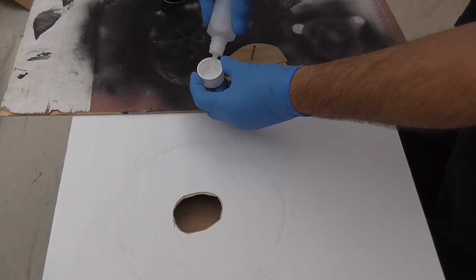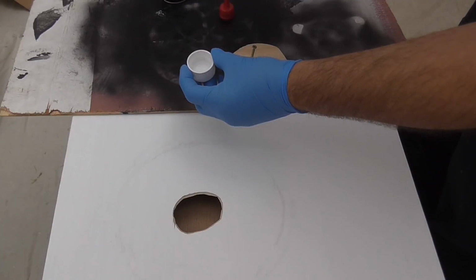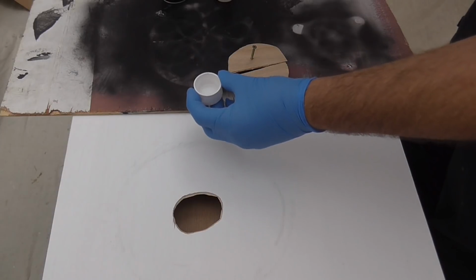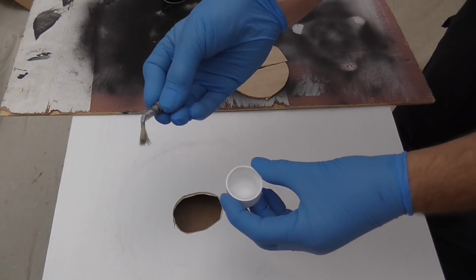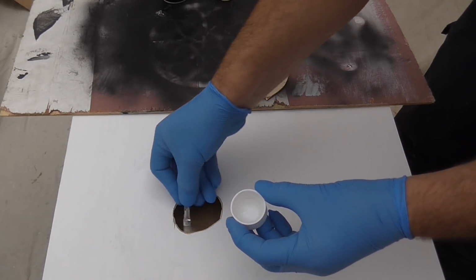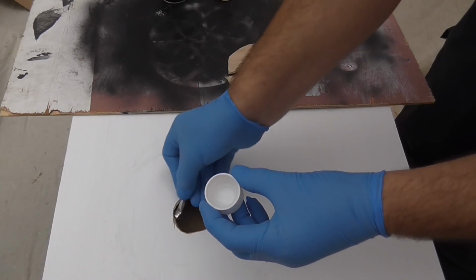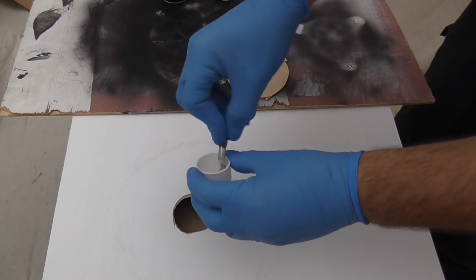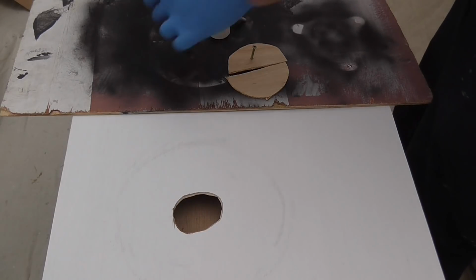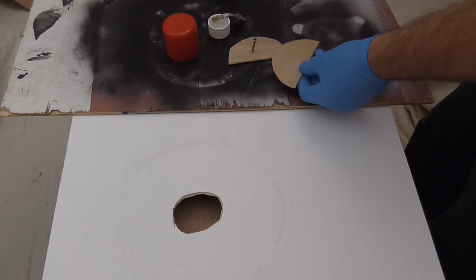First of all, a small amount of the adhesive into a small cap, little brush, angled. I want to make sure I thoroughly coat this up. And then